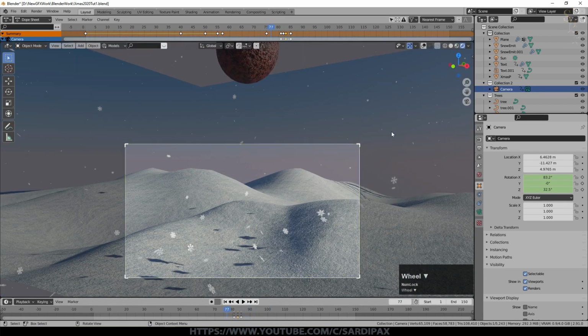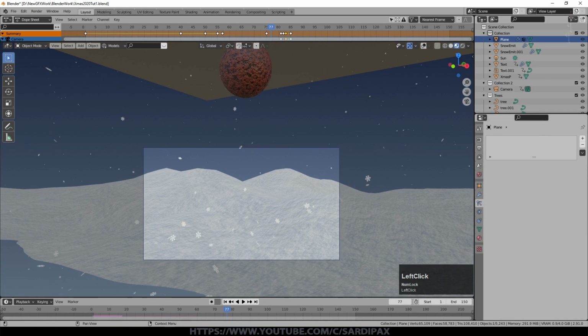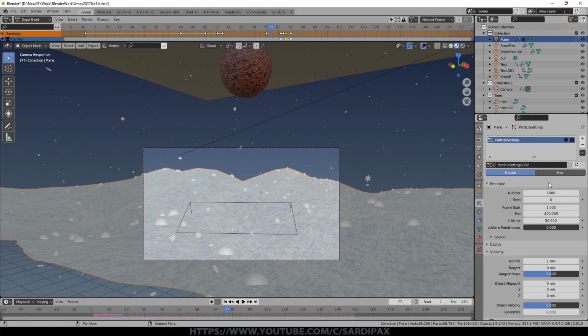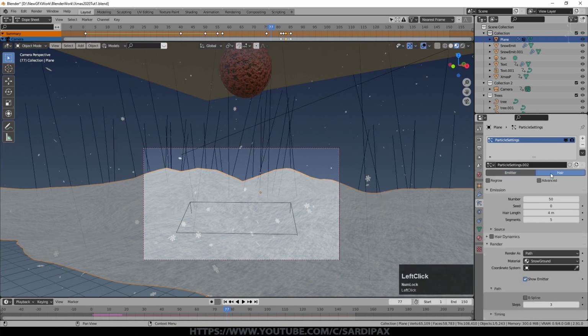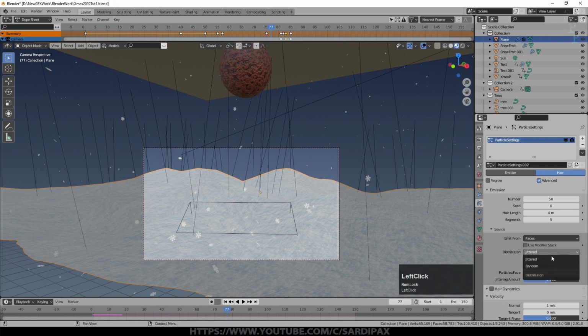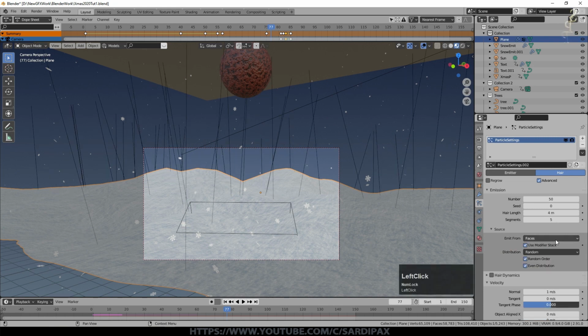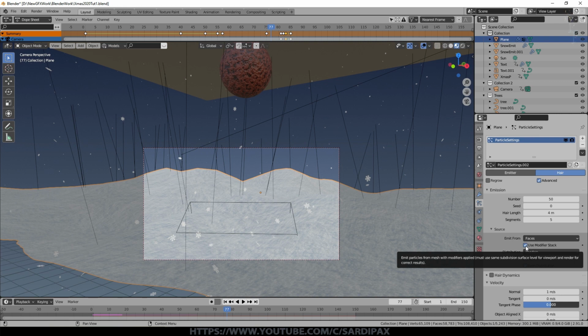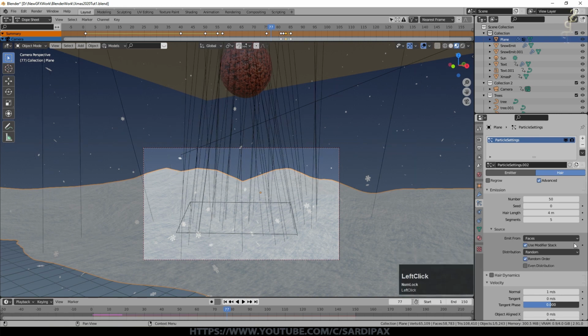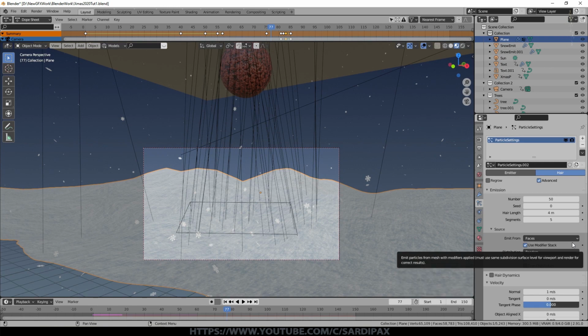The last thing I forgot to do was just to add our tree particle system. So I've selected the ground, create a new particle system. I had about 50 trees. Make sure it's set to hair. Click Advanced. Under Source, Distribution Random, use modifier stack. Generally a good idea, but can cause you a few problems with the subsurf modifiers, but it should be okay. I turned off even distribution because it doesn't look as random as it otherwise would.